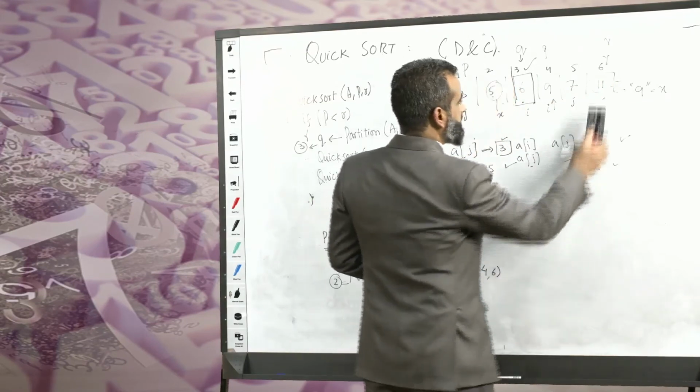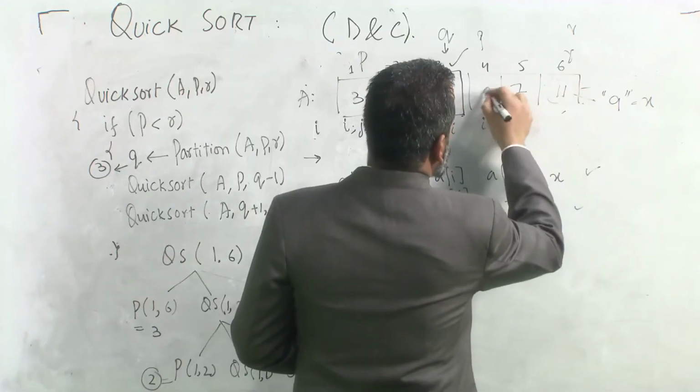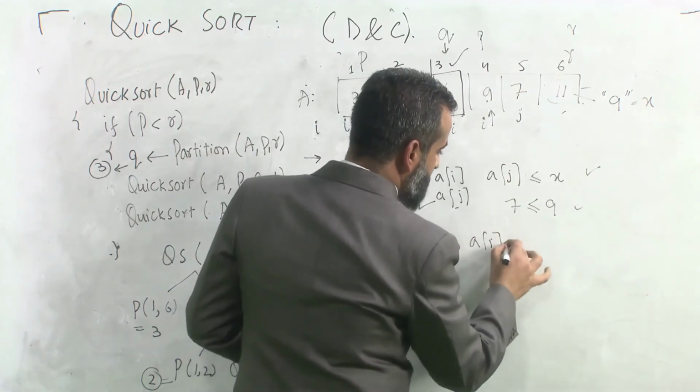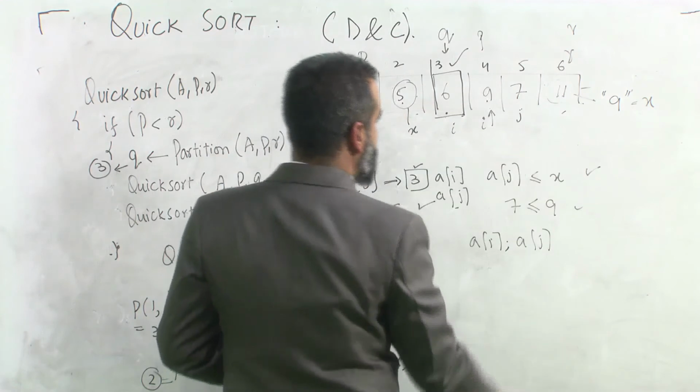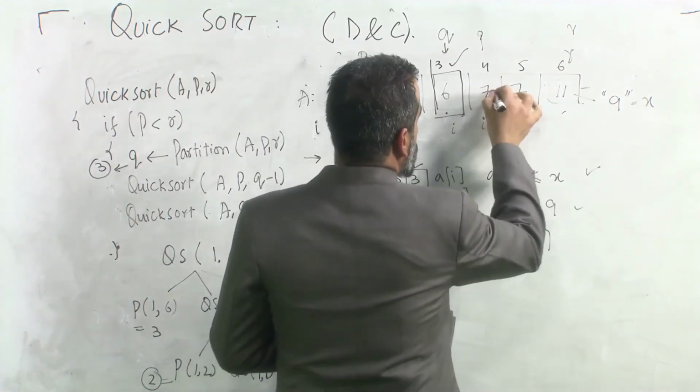Oh, I'm sorry, I almost made a mistake. This is my 11, this is my 9. I have to make an exchange between a of I and a of j. So this is my I, this is my a of j, so I'll make a swap. This is 7